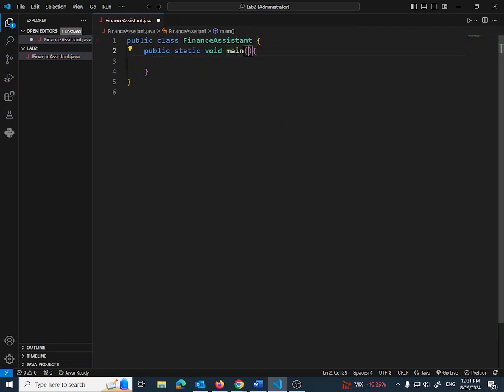So what do we do here? We go and type string, square brackets, and then after that you type arguments. And here it is. My project should work with no problems. You give it a test,